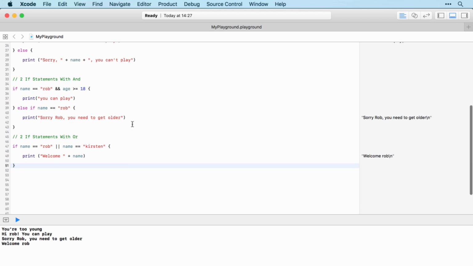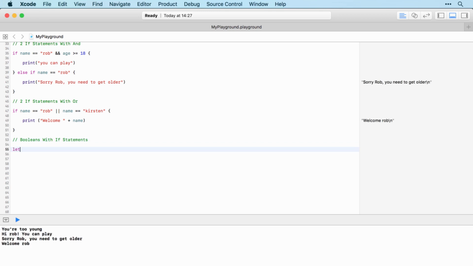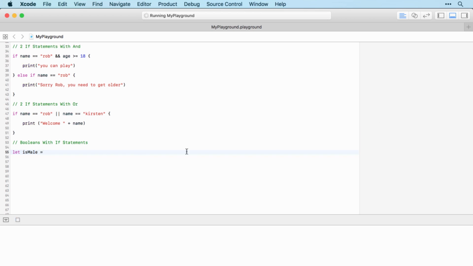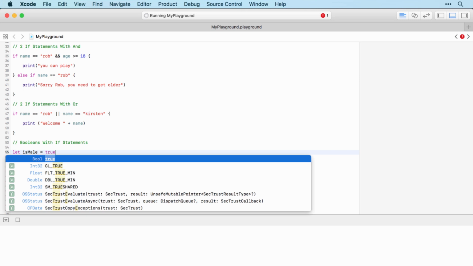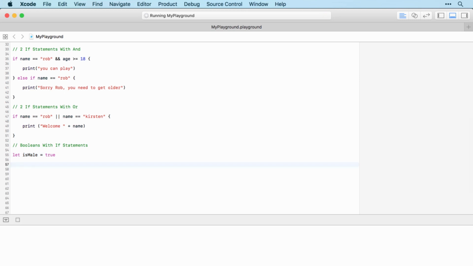All right, just one more thing to show you, and that is how we can use Booleans with if statements. And they actually work really nicely. If, for example, we have a Boolean called isMale, and we set that to be true, then we can use that directly in an if statement. So we can use if isMale